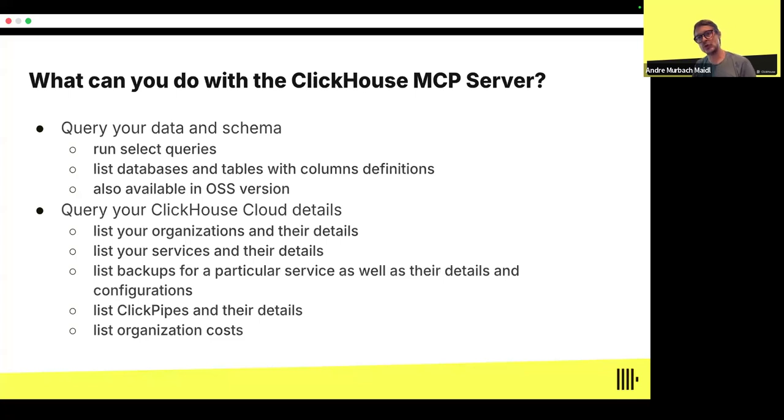Then, when you enable the ClickHouse MCP server, you can query the data schema for the tables that you have in the database. And in particular, if you are using ClickHouse Cloud, you can also manage the organizations you have, the services that you have, and all other information or metadata that is really related to ClickHouse Cloud, and not just the databases and the data that you have inside ClickHouse.